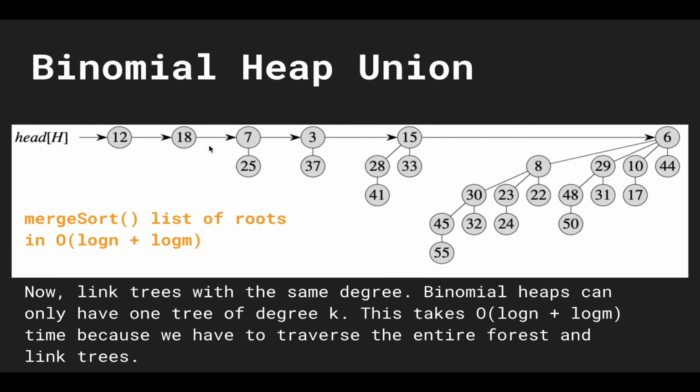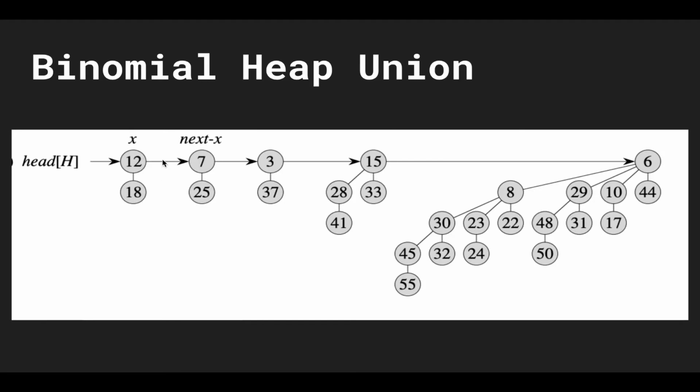But one thing that I didn't mention before when going over binomial trees is that this new tree has to satisfy one of the other properties of the binomial heap, and that's the minimum or maximum heap invariant. So we have to check which root is smaller. In this case, this is a minimum binomial heap. We're going to check which root is the smallest of the two. So we see that 12 is smaller than 18, so we're going to make 18 the child of 12, not the other way around. So notice here that we moved 18 under 12, and now we have a binomial tree